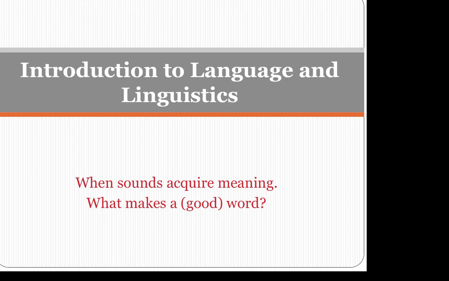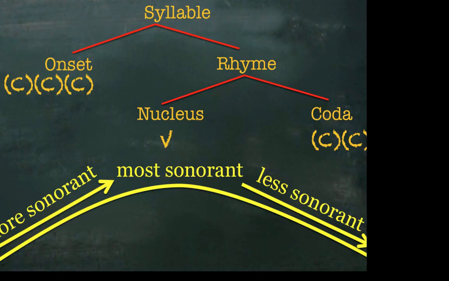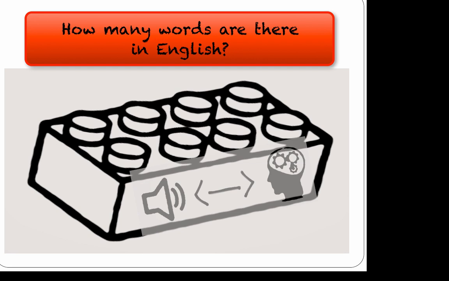We have now seen what sounds are, what we know when we know a sound, and how we can combine them to form larger units. But language is not just a system of sounds. To communicate thoughts, we have to be able to assign meaning to sound. We'll start by thinking about the unit that most everybody would be able to identify as a meaningful unit, namely the word. We'll define word as a combination of sound and meaning.